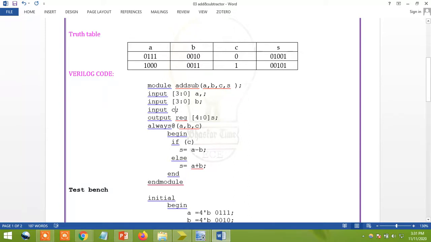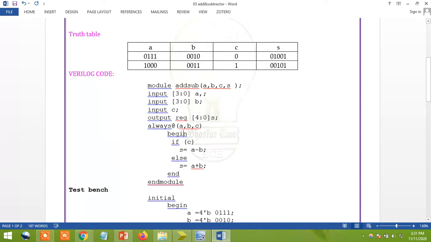Next I'm going to write the program in behavioral. If I'm writing in behavioral, then you can see the outputs are registers. Previously I defined the output as 4 down to 0. Now the output type is a register, that's why I've taken reg, and 4 down to 0 because one bit will come extra from the sum, because after addition I want to show the C output. The last, fourth bit I'm going to take as the C output. The remaining 0 to 3, 4 bits, we are going to take as the sum bits. Careful: 3 down to 0, and the fourth bit I'm going to take as C out. Next, you see that always I'm going to take the A, B, C inputs.